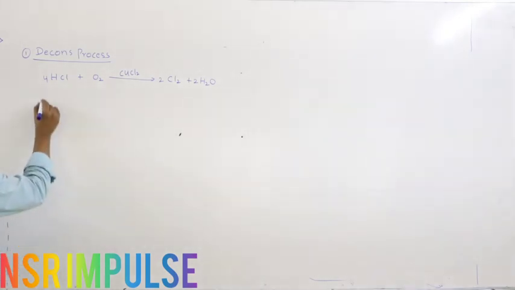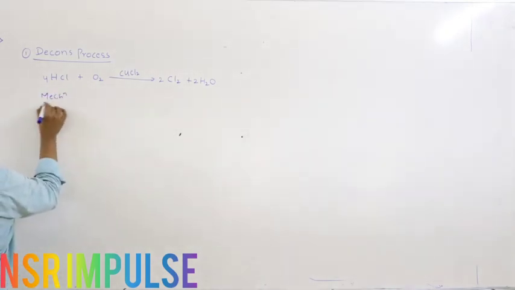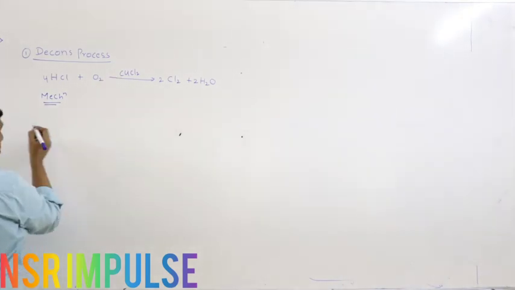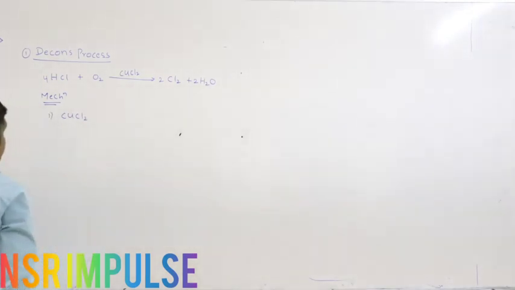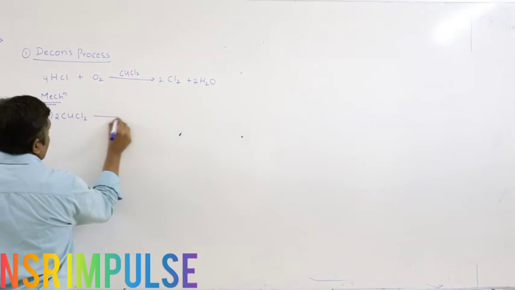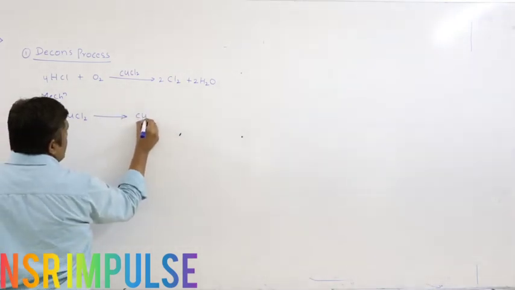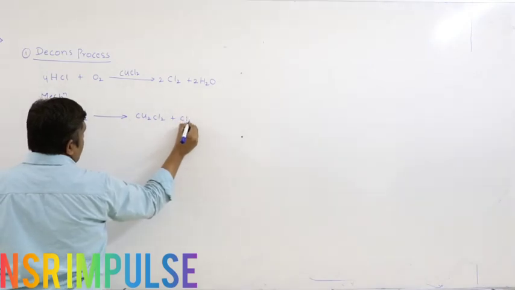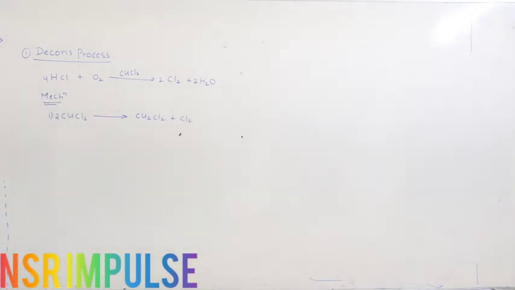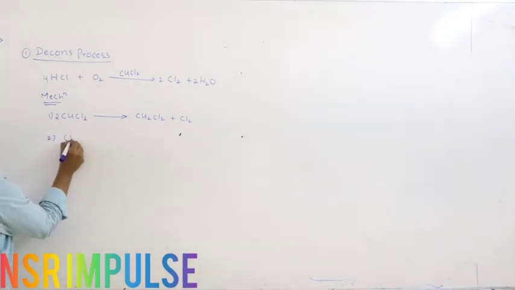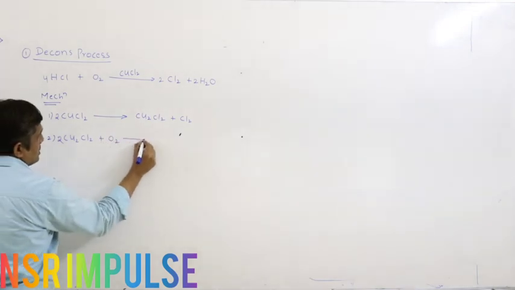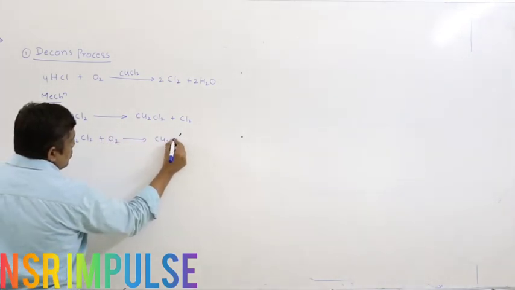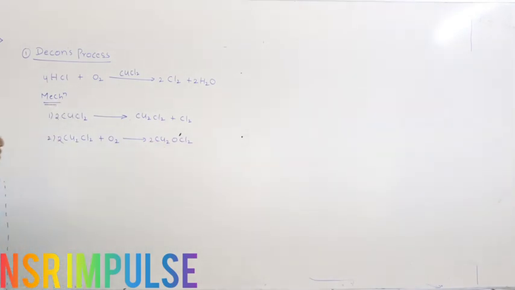Let us see the mechanism. So this is important bit, catalyst used. The first step is CuCl2, 2 moles undergoes decomposition to give Cu2Cl2 plus chlorine. So we will get chlorine from the catalyst itself. In the second step, it will be again oxidized in the presence of oxygen to form Cu2OCl2. Oxychloride is formed, metal oxychloride is formed, which decomposes